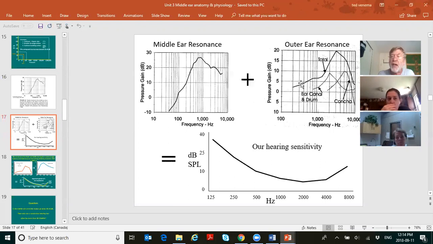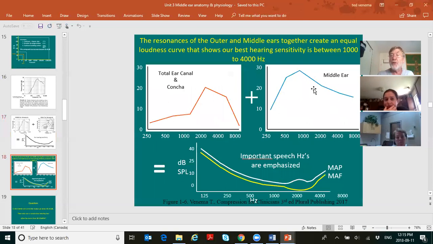Okay, you take this outer ear resonance, add it to the middle ear resonance, you get this. And look, our hearing sensitivity is actually the best at 2,000 hertz. It's because of all this. And when you go to the next slide, you'll see the yellow curve. And look at what we talked about this morning. What was the softest it took to hear a 1,000 hertz tone at 1 meter distance from a speaker with 2 ears? We called that